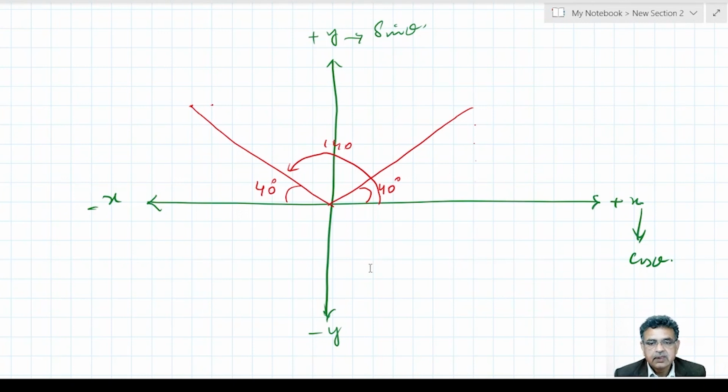So if we consider this angle of 140 degrees for this line,